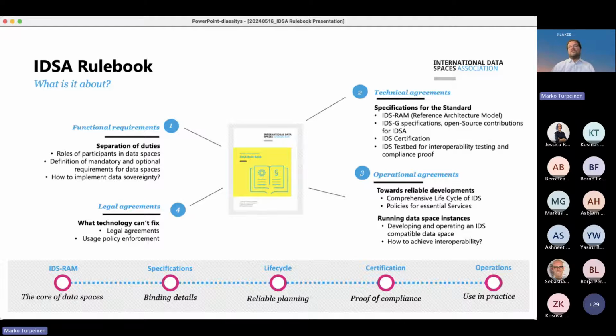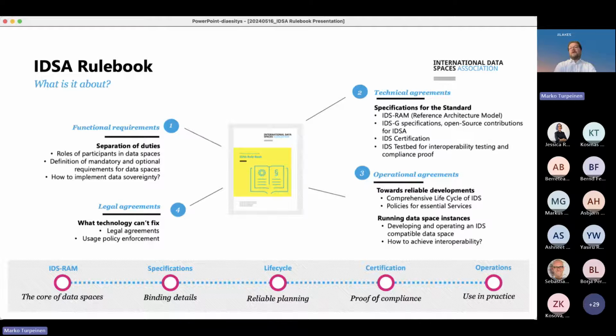So, reference architecture model, the open source contributions, test beds, certification. But that's more like, yeah, the rulebook just points to the activities that IDSA is running at the moment, and makes the things that are mentioned in the rulebook actually possible, and goes much deeper into what's needed to make those functions actually happen, for example, in the